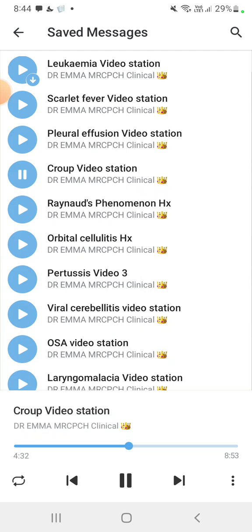First of all, on examination, do not examine the throat and do not distress the child. If I have any concern regarding examination or investigation, I will call my consultant urgently. I can take the vitals, oxygen saturations, consciousness level, and check for cyanosis or chest retractions. I don't need auscultation. I will involve my consultant if I have any concern.